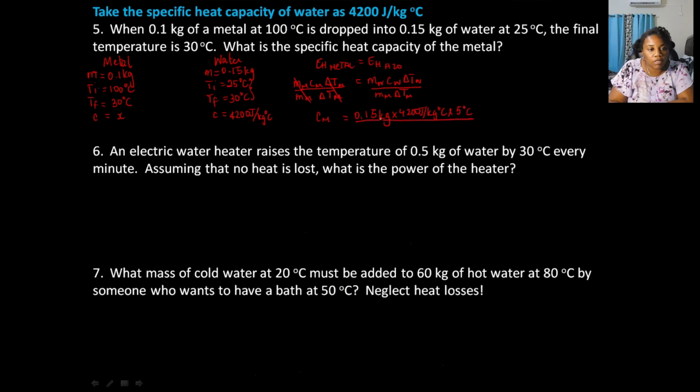And then the mass of the metal underneath is 0.1 kilogram times 70. Notice we don't have negative 70, but again, we don't deal with that because it's just an indication that heat was lost. So if you work this out, we should get